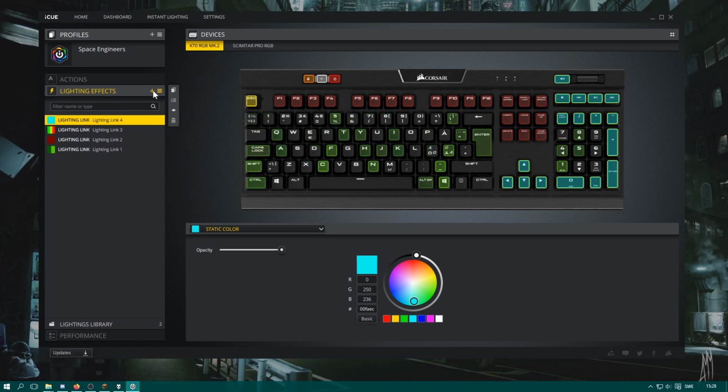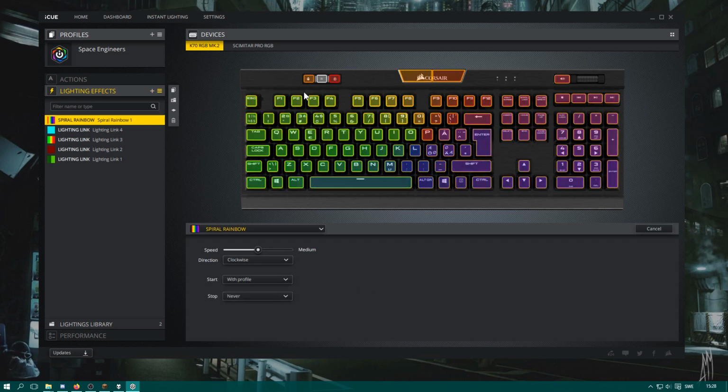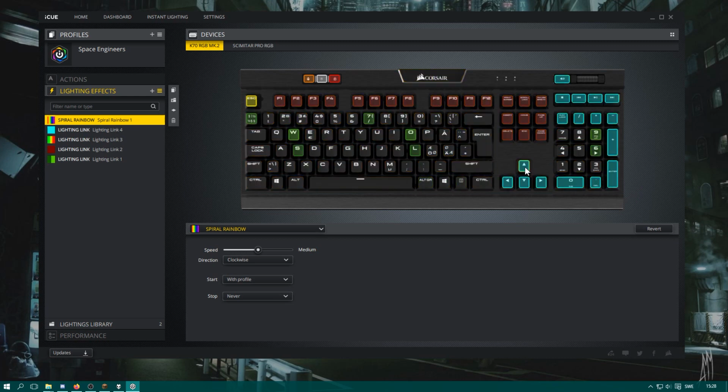Basically, if I want to select a new one, everything is just activated. So I'll just select these again. I can just select that one or that one or that one again, and now we selected no one. So now we have a spiral rainbow. And if I want to, I can select this one, just drag like this. I can have a stripe in the middle of my screen, just